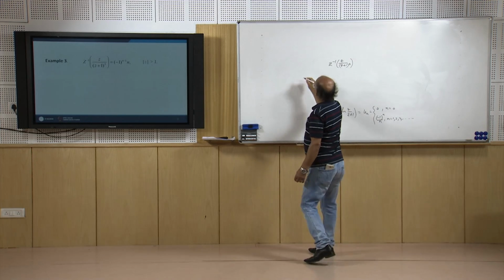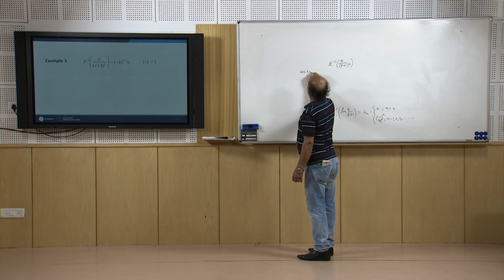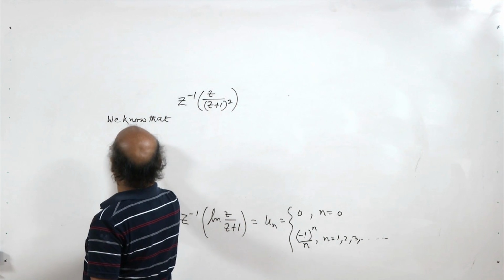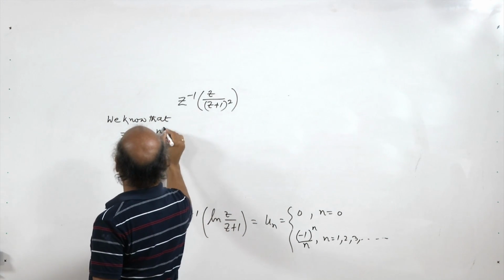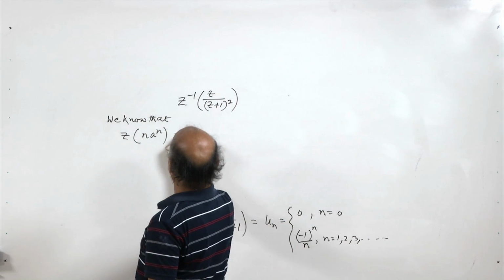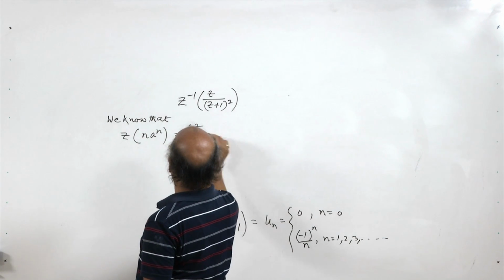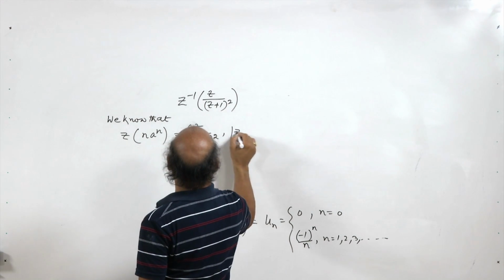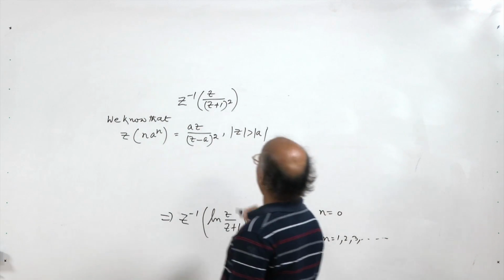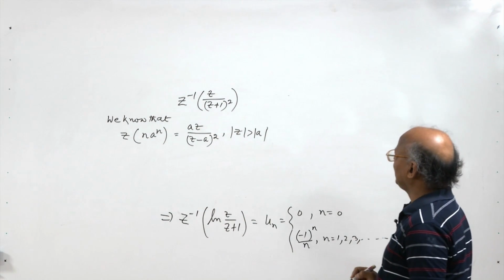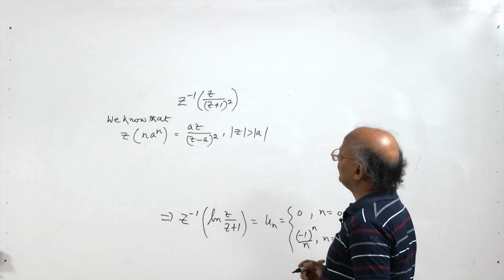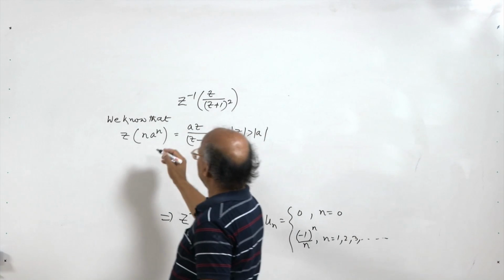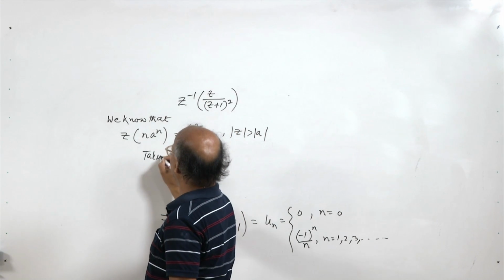We know that the z transform of n into a to the power n is az over z minus a whole square, provided mod of z is greater than mod of a. So, when mod of z is greater than mod of a, we know that the z transform of n a to the power n is equal to az over z minus a whole square. So, taking a equal to minus 1,